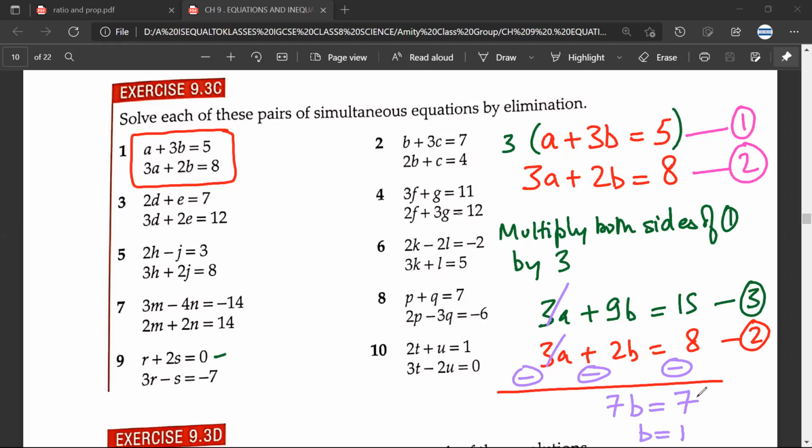Mr. Satya, is it correct? Yes, sir. Now I have the value of B is equal to 1. So I have found the value of B is equal to 1. Using this value, I can put it in either equation number 1 or equation number 2. Mr. Araman, any doubt? No doubt, sir.